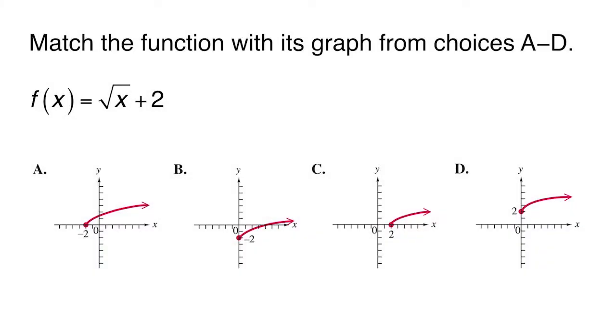Match the function with its graph from choices A through D. f(x) = the square root of x plus 2. In choices A through D, we have graphs that have the same general shape as the square root function, but